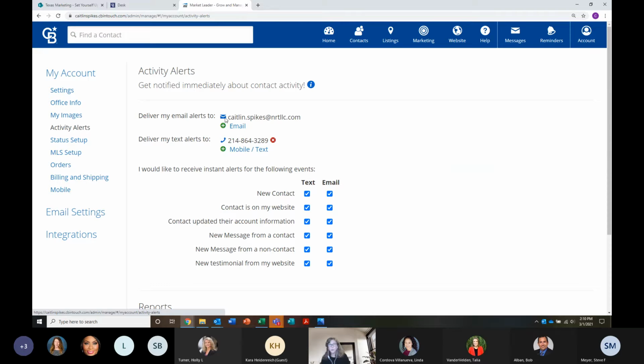Activity alerts is the wonderful Big Brother feature that we have for you guys to be able to stalk your consumers as they're clicking on and engaging with some of your pieces. If you are a member of a team or want alerts to go to another email address or phone number, you can add those email addresses by clicking the add email or